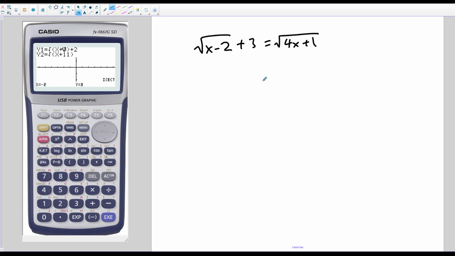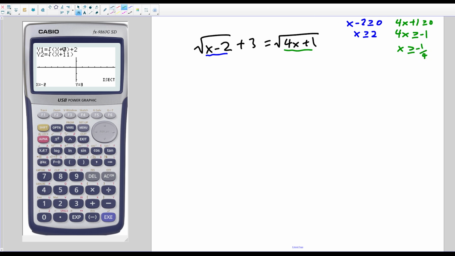So let's try one more bonus question where we'll actually have two solutions that'll work for us. So we have square root of x minus 2 plus 3 is equal to the square root of 4x plus 1. So really quickly, we'll do our restrictions on the side. So for this first radical, we'll have x minus 2 is greater than or equal to 0. x is greater than or equal to 2. And then for this radical on the right-hand side, we have 4x plus 1 has to be greater than or equal to 0. So 4x has to be greater than or equal to -1, and x has to be greater than or equal to